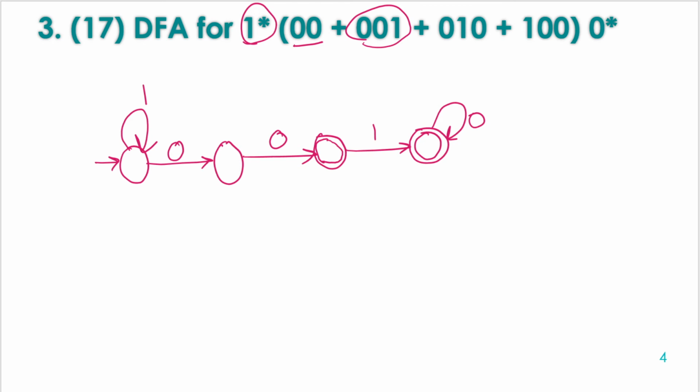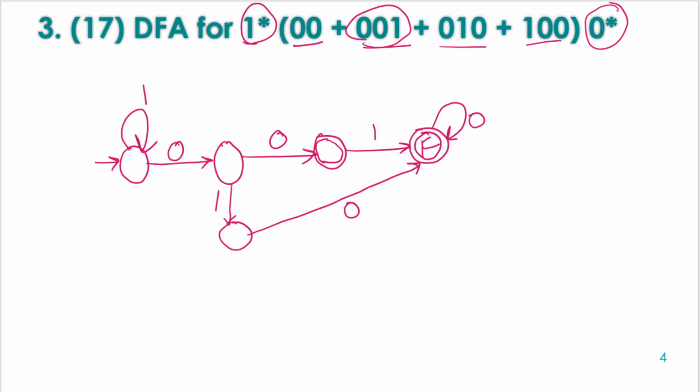Next, 0, if we receive 1, so we also need to keep track of this pattern 0 1. So this pattern goes with a separate path, but we can have a common final state for all these patterns, because after the ORing is done we have received at least one of these patterns, so the string must be accepted, and after this only zeros are acceptable. So here is the state from where we get any number of zeros while staying on the final state. Now I think all the patterns are covered,